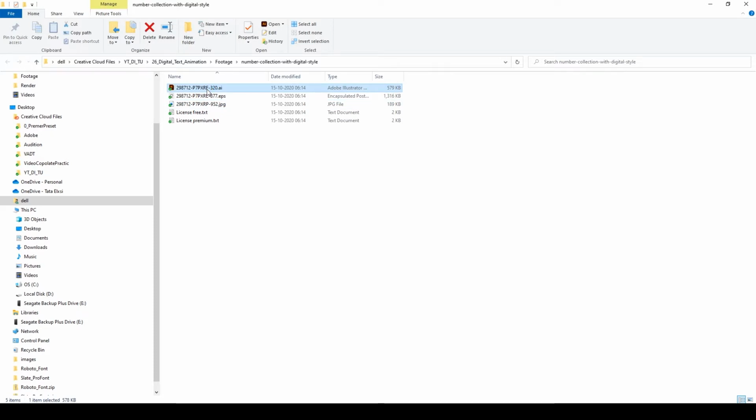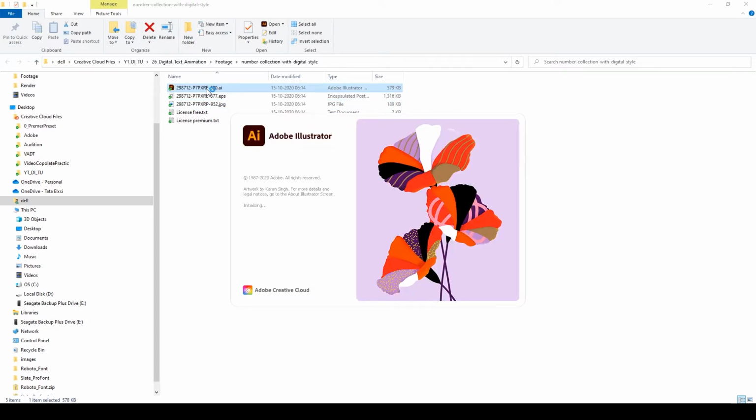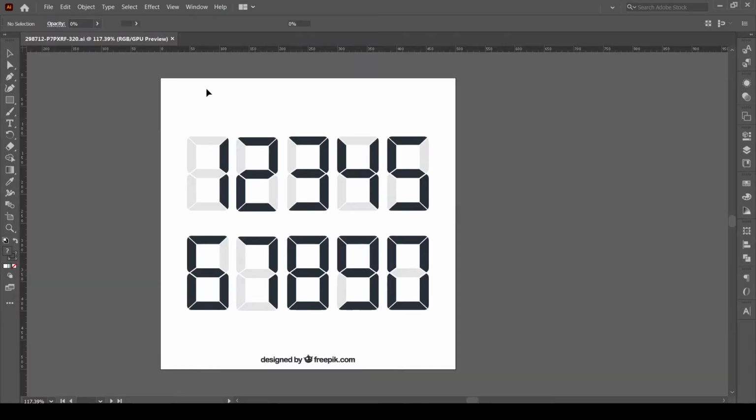So we need to organize our AI file before creating the animation. Whenever you do any animation, make sure you plan the animation in any kind of tool, not even After Effects. Animation requires a lot of planning and strategy. If you do more planning, your animation will be simpler, and you can do complex animation with very minimal and simple steps.